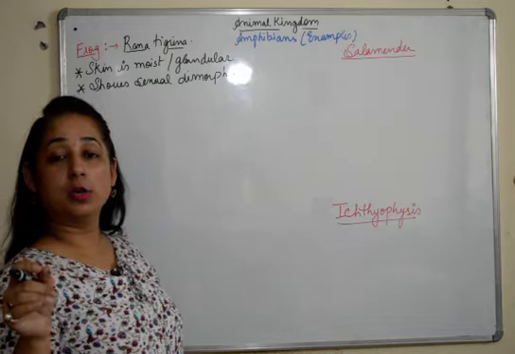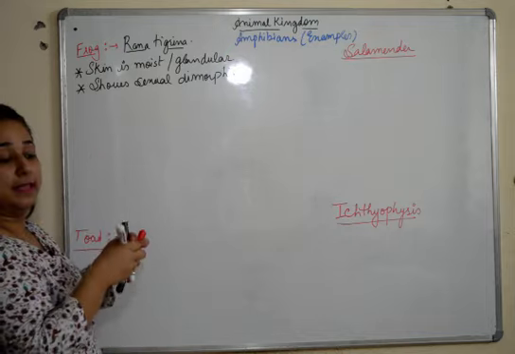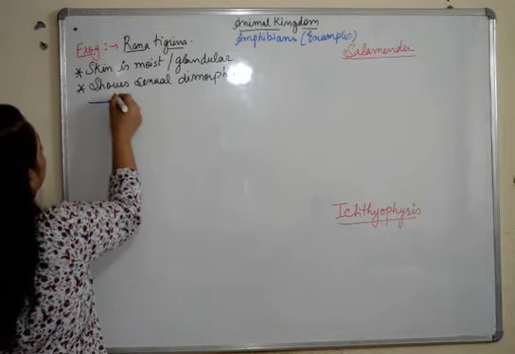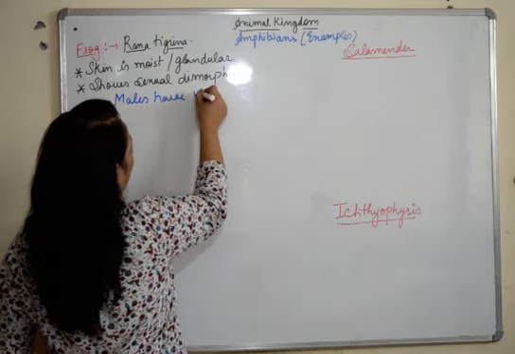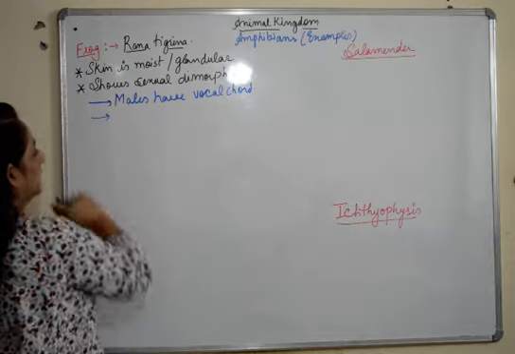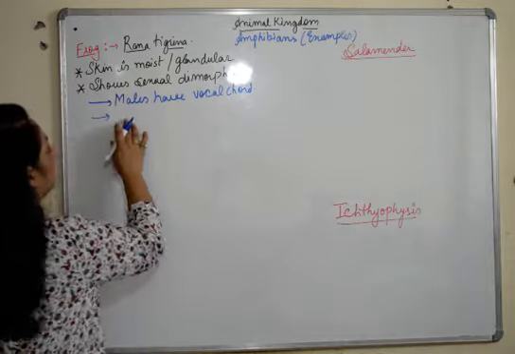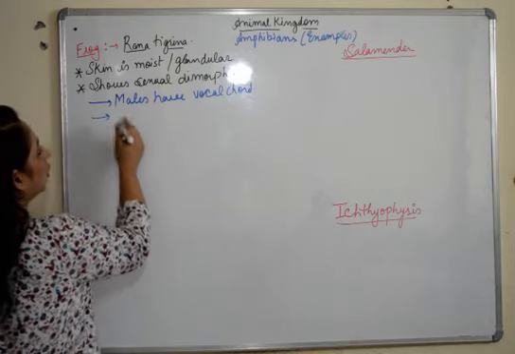Males have vocal cords and nuptial pads present in them. Males have vocal cords. You must have heard those sounds in the breeding season, in the monsoons actually. If you go to villages and all, the sounds are there. Males have vocal cords and